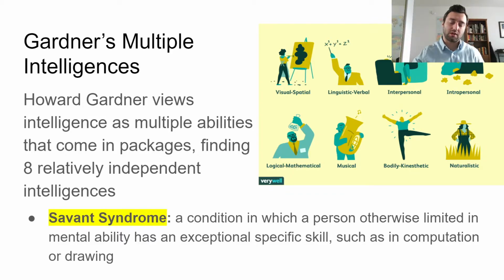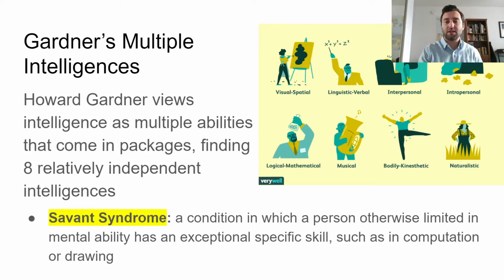Okay, and this is kind of like the argument between the two, where Gardner would say that the reality is you're probably relatively high in all of these. Now, there are some things that do back up this idea of multiple intelligences, and one of the big ones is what is called savant syndrome. Now, we're going to look at some examples of savants a little bit later. I think not our first day, but our second day in class, we'll talk about savants a little bit more.